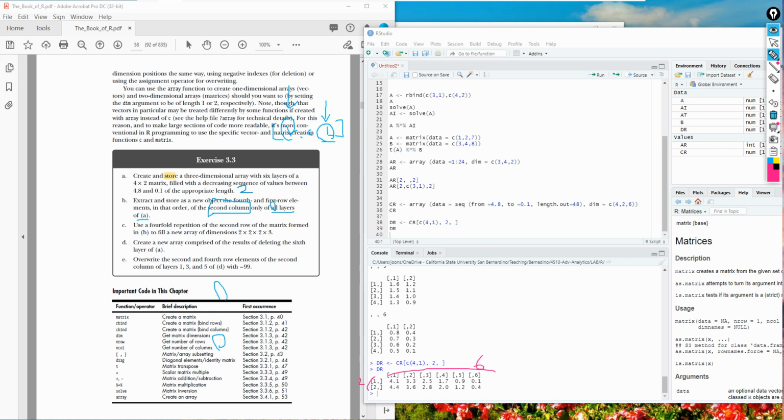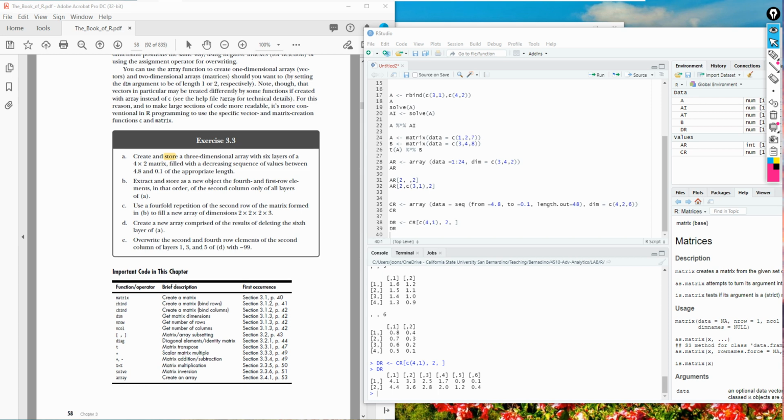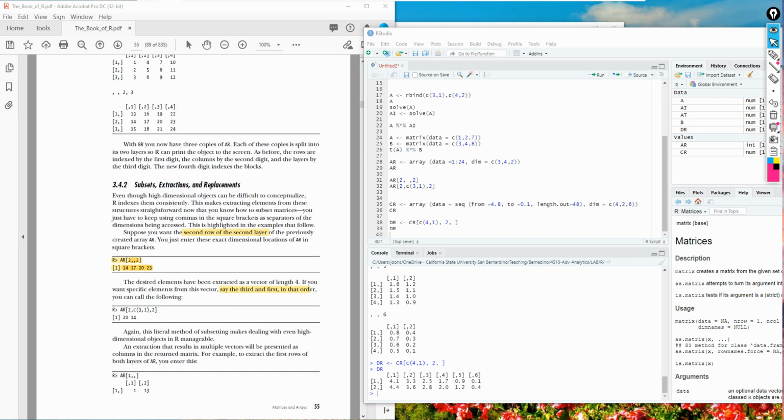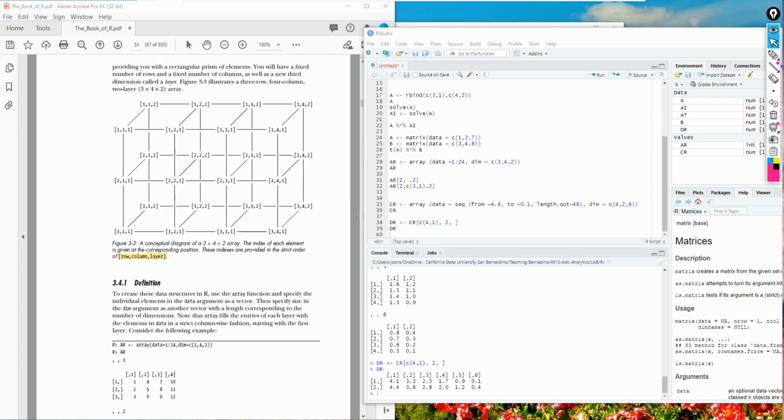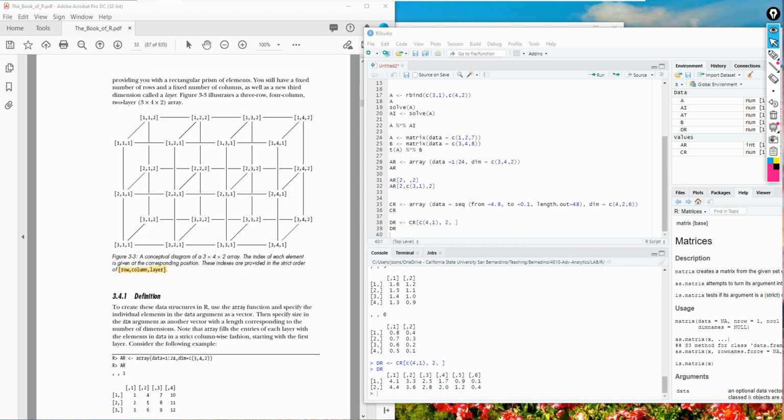Let's go back and take a look at this. I know that this is not the 3 times 4 times 2 array. However, I'm just giving you the basic concept.